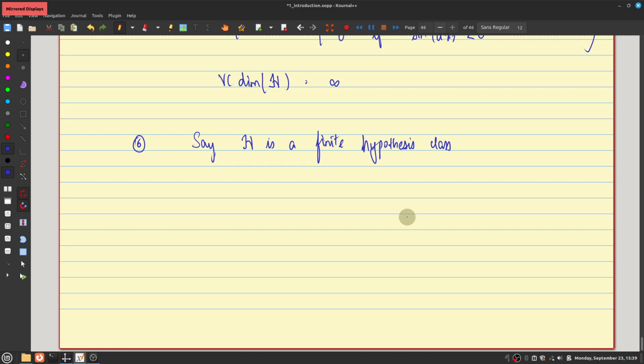No, H is fine. X could be infinite. No, definitely no. You mean cardinality plus 1? I'm saying that the cardinality of H is an extremely loose upper bound. There's a much better bound. It's much smaller than the cardinality of H.